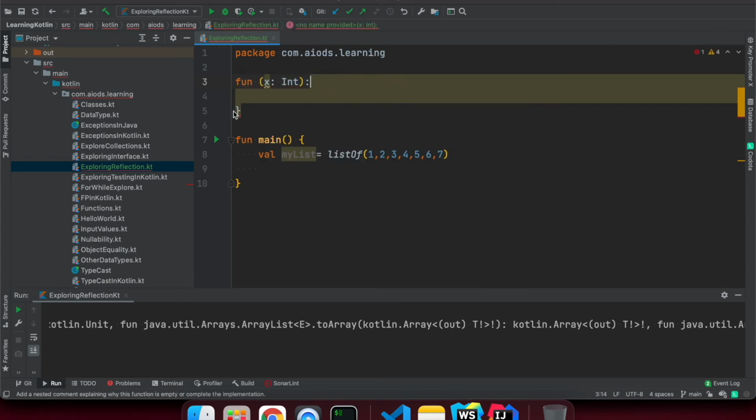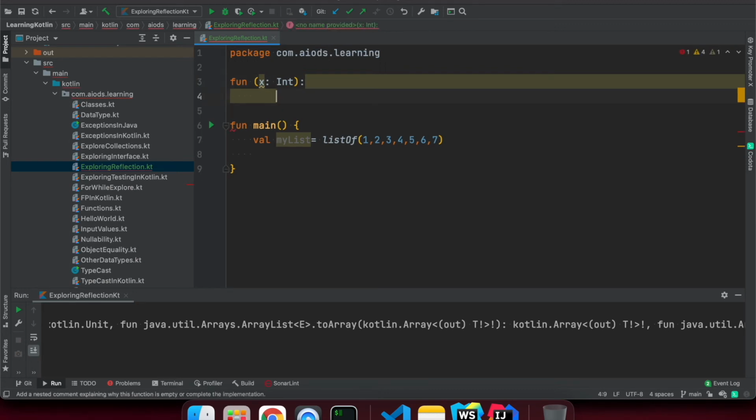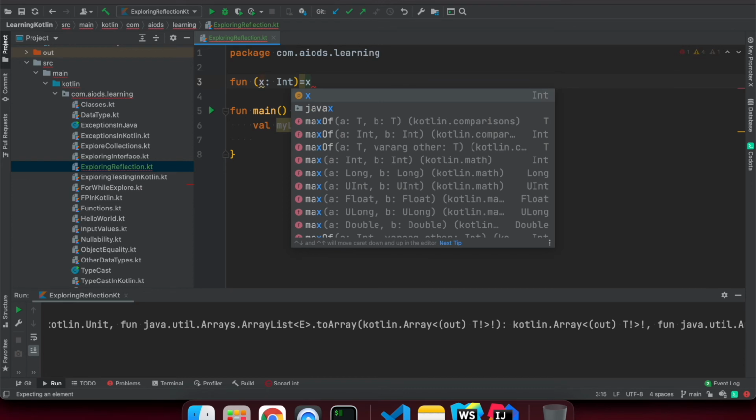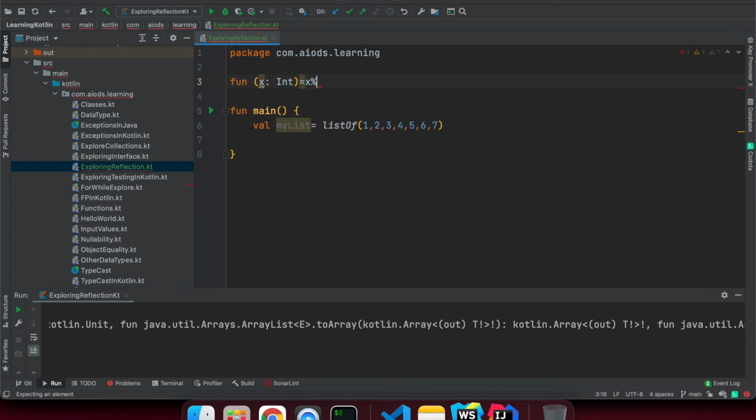I'm going to use a single line expression, without unnecessary code. So x percent 2 equals 0 means it is even, so we give it the name isEven.